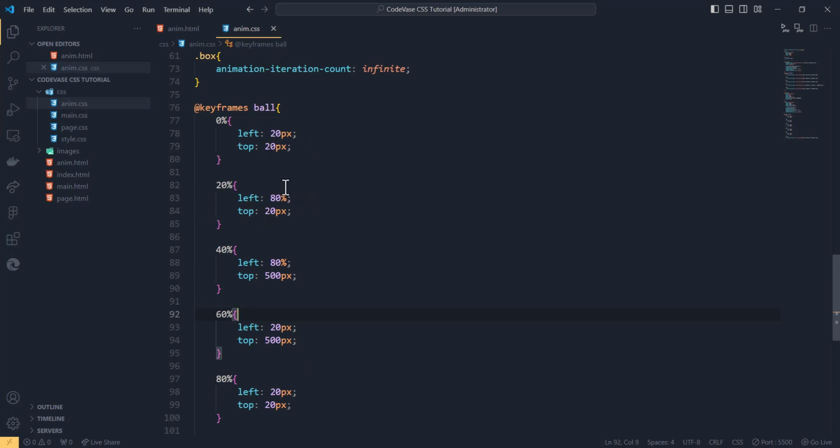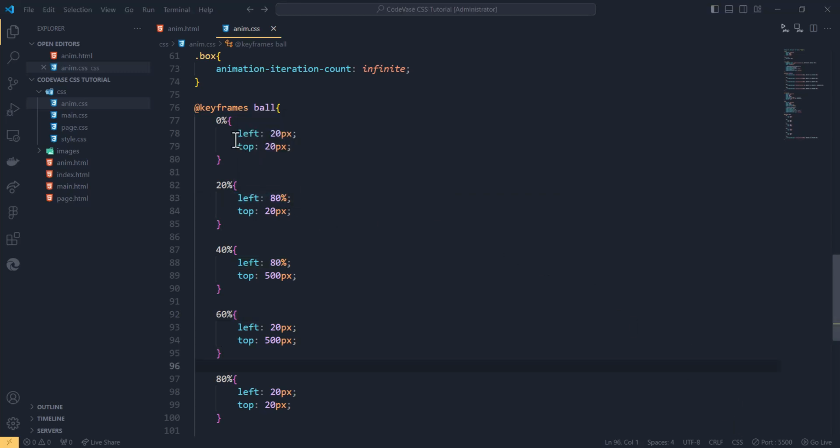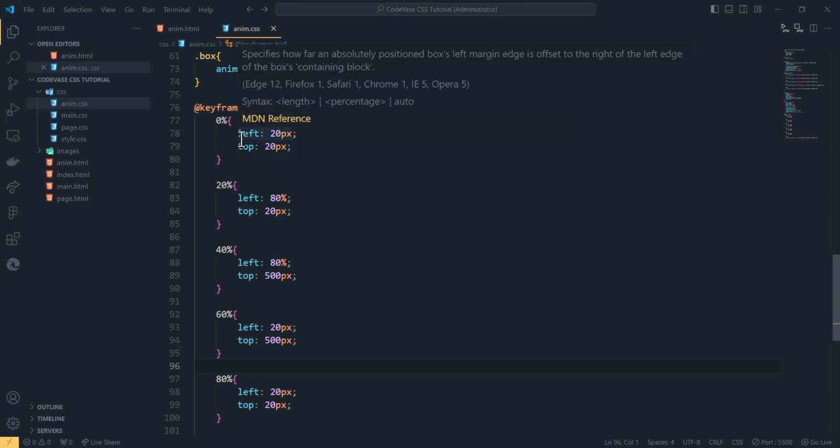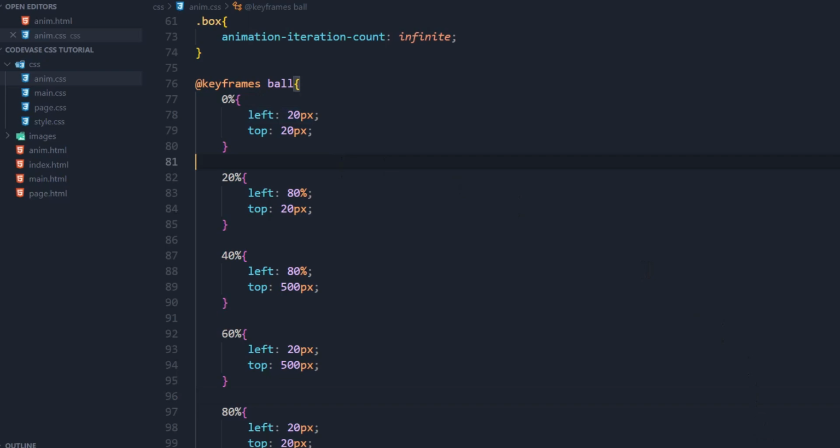Okay, so if you did CSS positions with us, you will know that when you use this left property, what you're doing is you're moving it away from the left. Okay, so that's what this thing simply means. So with that, we are done with CSS animation. You can see our little box is moving up and down just fine. Everything is working out great,